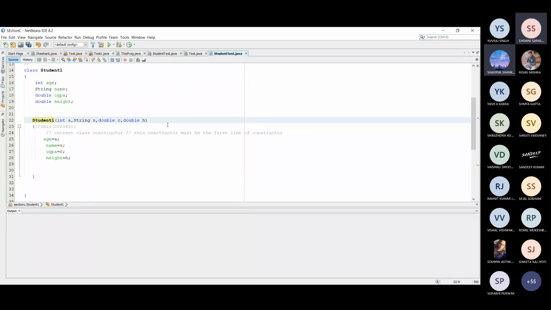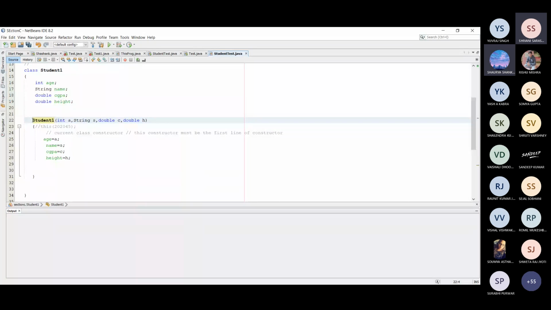No problem, fine. Now the thing is, what should be the return type of this constructor? Because a constructor is just like a method, the constructor name must be the same as the class name. This is the thumb rule.